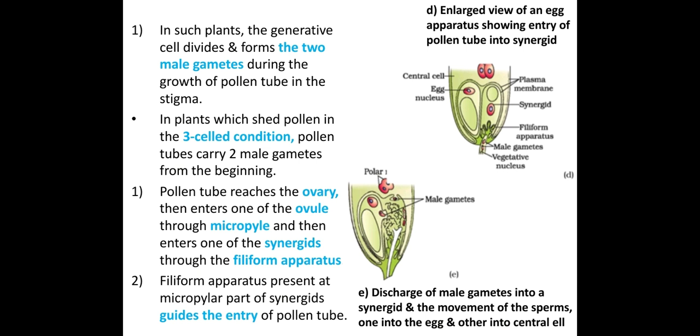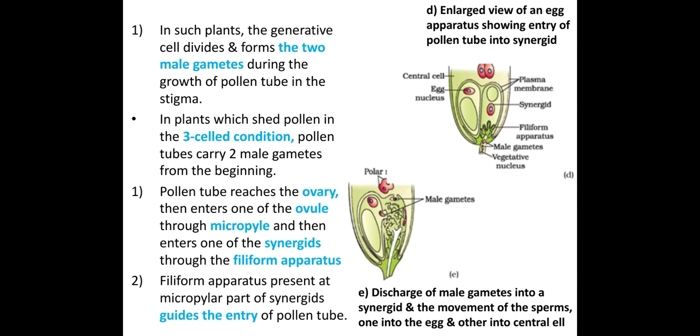There will be two ends, I said, the chalazal and micropylar end. If you remember the structure of the embryo sac, the pollen tube enters one of the synergids. From the micropylar region it enters, and there are two synergids, the two cells present on the micropylar region. It will enter one of the two synergids, as you can see in diagram D, through the apparatus called the filiform apparatus. That green colored part you can see in the D diagram is the filiform apparatus.